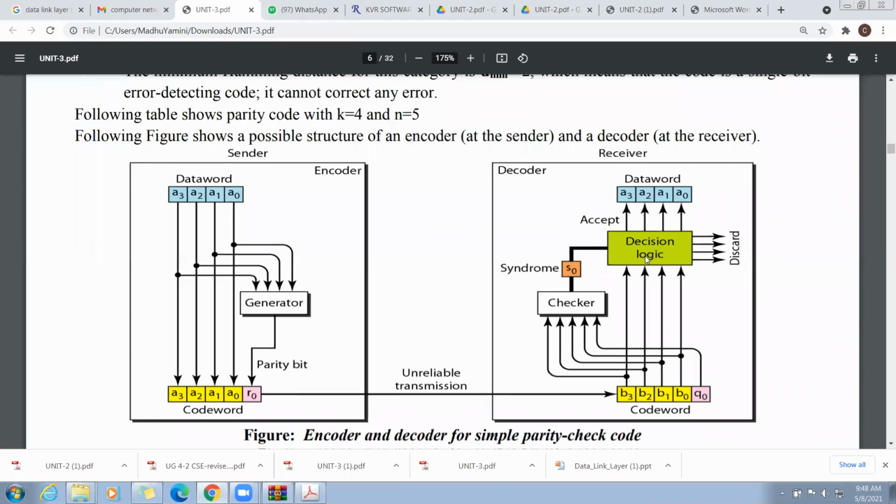If it is the actual code word, it will be accepted and the data word will be extracted. If the receiver receives an invalid code word, then what happens? It will be discarded by the receiver.